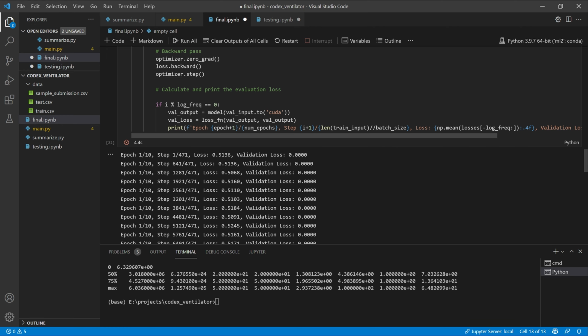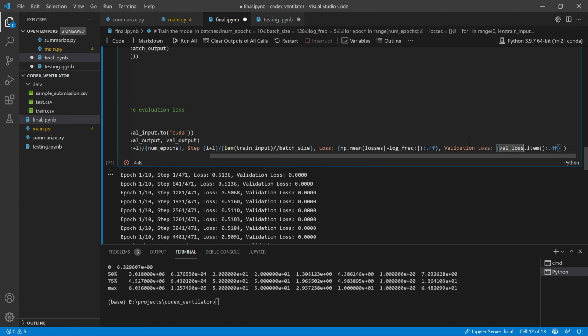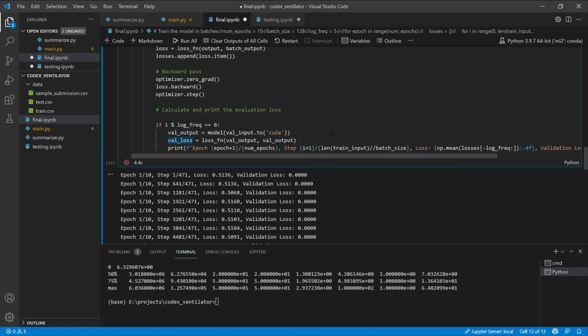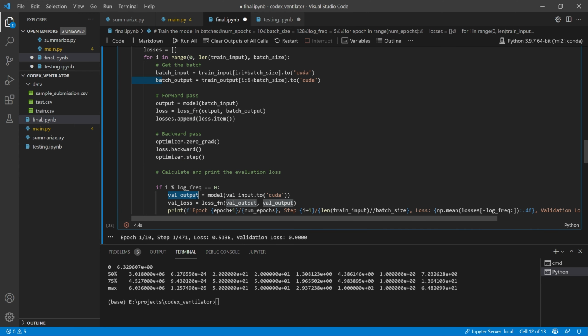The validation loss is the last thing that it is printing out, and it's printing out val loss dot item. Interesting. I wonder what's happening there. It's checking val output with val output. Well, of course, it with itself has a loss of 0 because it is going to be the exact same as itself. So instead, this should be val, I'll call it preds for prediction, and put that, I believe,